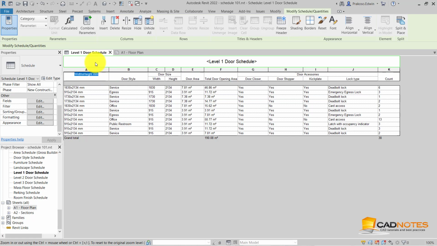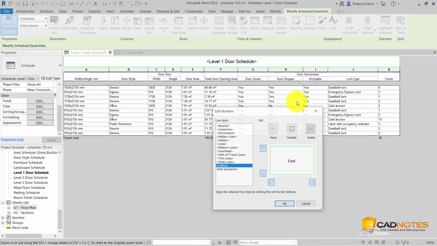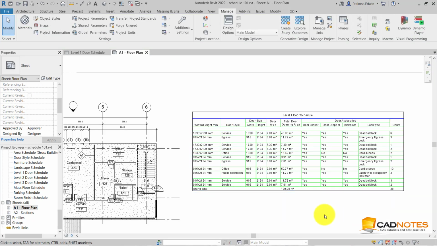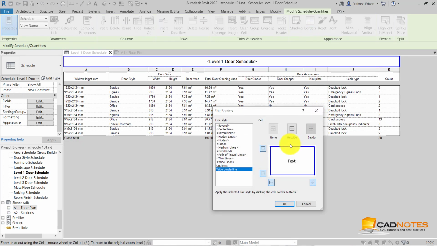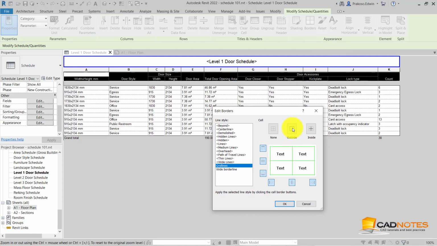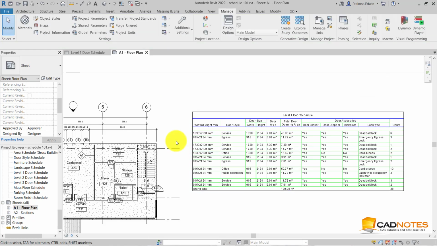So I can only change this and I can change the borderline to outside so we can see the effect. Okay, now it's clear. Let's change this again. Now let's change this area. For the border, I'm going to use this. Yeah, so that's where the setting will affect the changes.